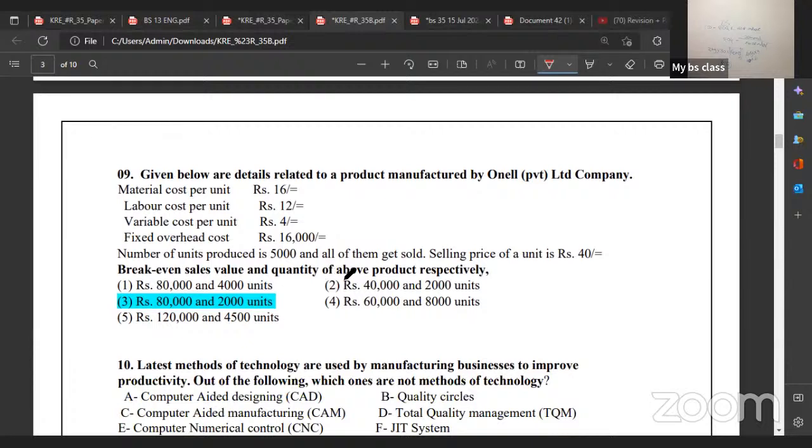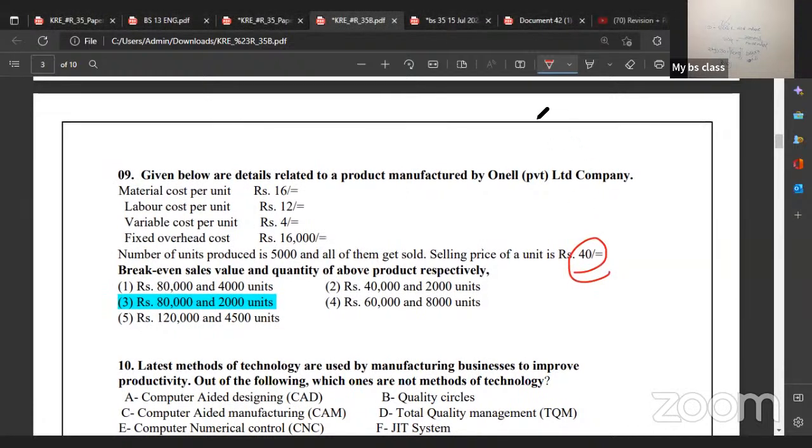හරි, අපිට මුලින්ම පුළුවන් අපේ contribution එක හොයාගන්න. So contribution is all about your selling price. Have they provided selling price? Yes, selling price 40. Now selling price එකකින් අපිට පුළුවන් variable cost එක අඩු කරන්න. මොනවාද variable cost? එනම් ඔයාගේ material, labor, material cost එක variable වෙනවා. Labor cost එක variable and also variable cost per unit.